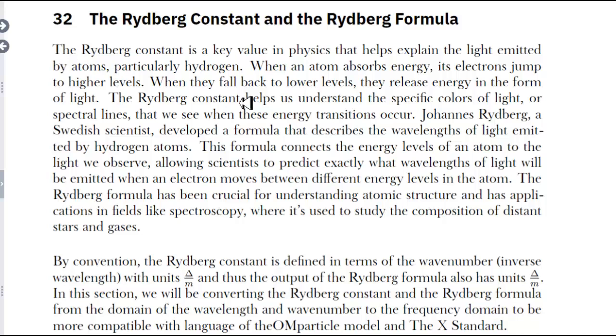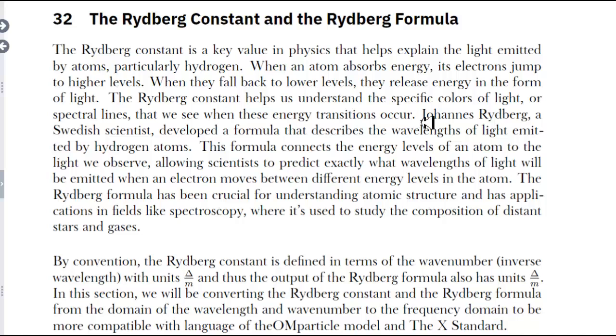universe document. This is kind of like a living document where I'm adding sections as I am studying different aspects of physics. So the Rydberg constant is a key value in physics that helps explain the light emitted by atoms, and particularly the hydrogen atom. When an atom absorbs energy, its electrons jump to higher levels. When they fall back to lower levels, they release energy in the form of light. The Rydberg constant helps us understand the specific colors of light, or the spectral lines that we see when these